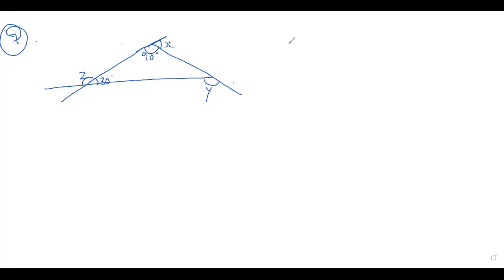So you have to find X plus Y plus Z is equal to question mark. Okay, you have to find the sum of all the exterior angles. The angles which lie outside the triangle X, Y, Z are called exterior angles. Exterior. Okay,